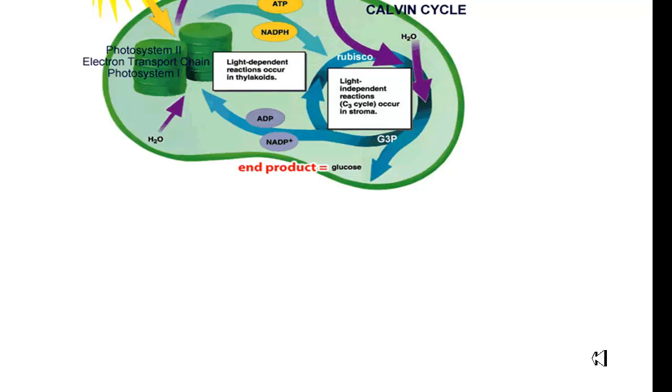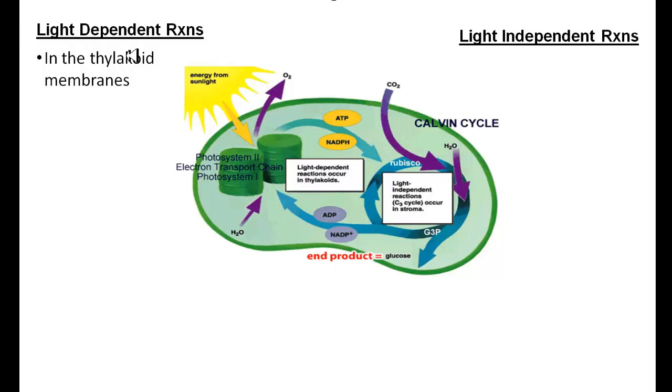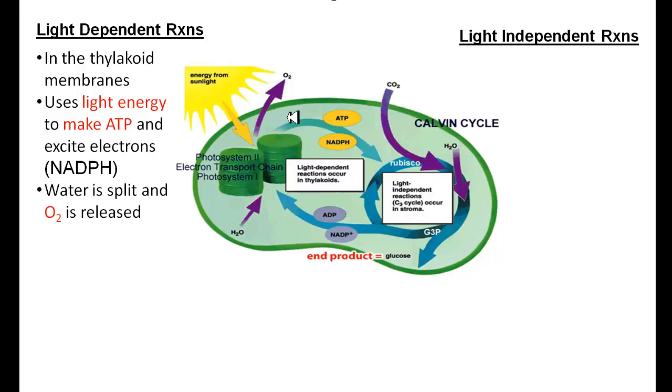Light-dependent reactions, again, same sort of picture. Light goes in, water goes in. So this happens in the thylakoid membrane, actually inside those little coins, those thin mints of the grana. It uses light energy to make ATP, and you can see the ATP going off here, plus it excites electrons in the electron carrier for the NADPH. It also produces the oxygen, takes the water and actually splits it, hydrolysis, and splits off the O2 and puts that up in the atmosphere. Actually escapes the